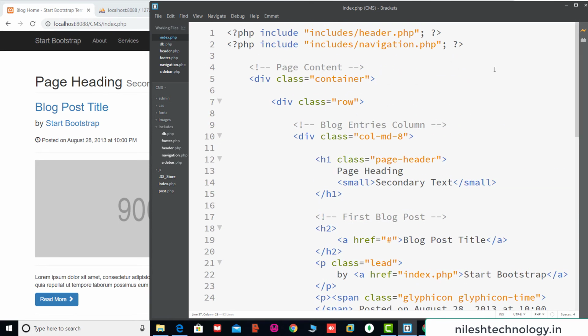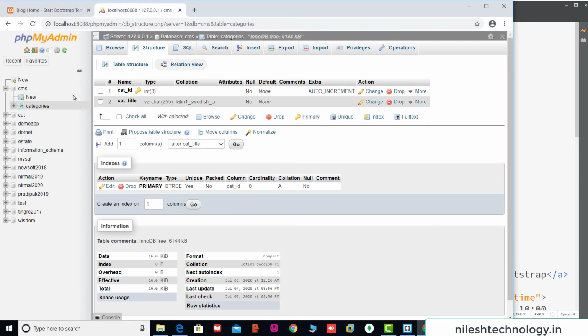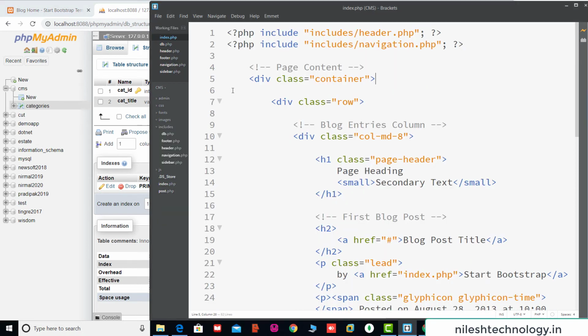Now we focus on this category section. We have a table, categories, in which we can hold many categories. Here we want to insert multiple categories into this table dynamically. So go to the navigation.php file.